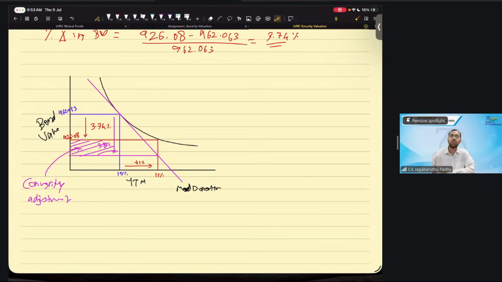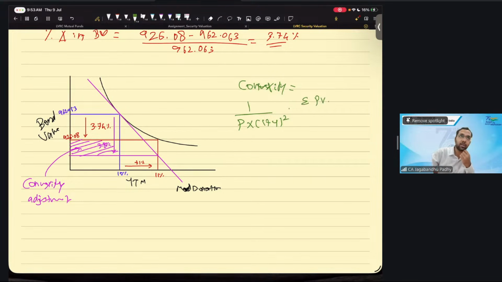Okay. So the convexity is there to capture the change that is due to the curvature effect. The convexity effect is going to be 1 divided by the price, or the bond value. The formula that we generally have is 1 divided by price into (1 plus the YTM) square, and then multiply it by the summation of